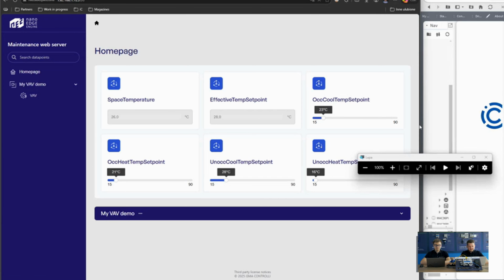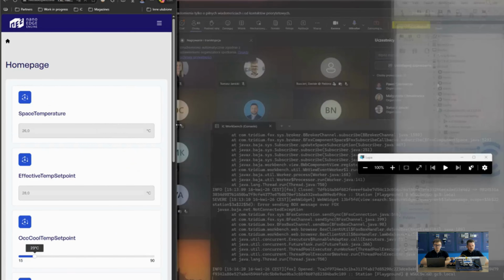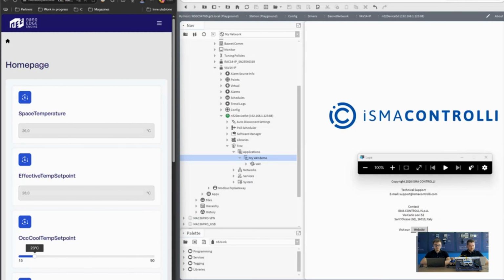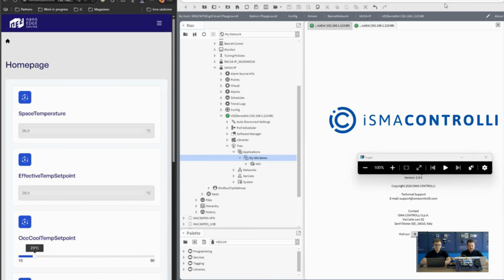So let's just firstly try the core function of the workbench, which is the serve function we have in the upper right corner. When we are connected to the controller, the nano edge controller, it is now part of our station tree. What we can do now is utilize the search function to go for the web tag dictionary and